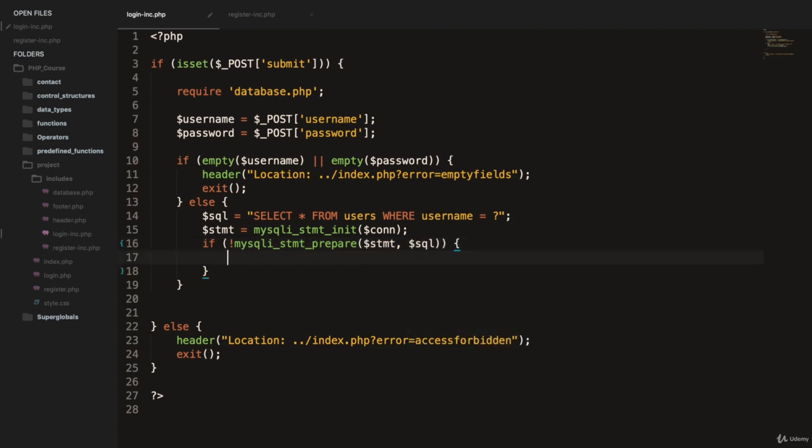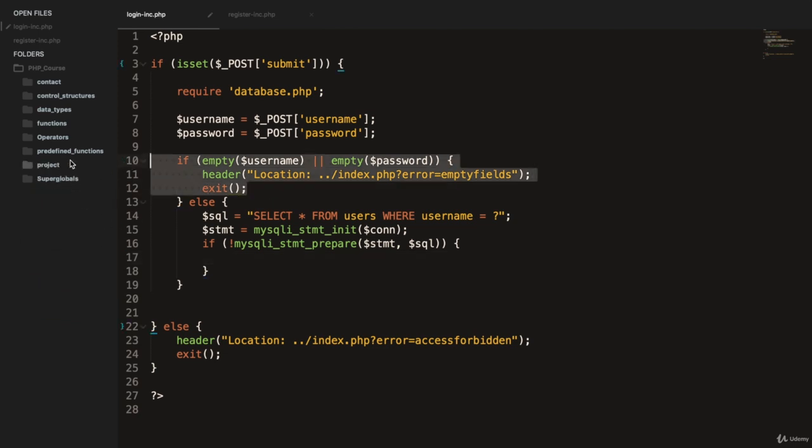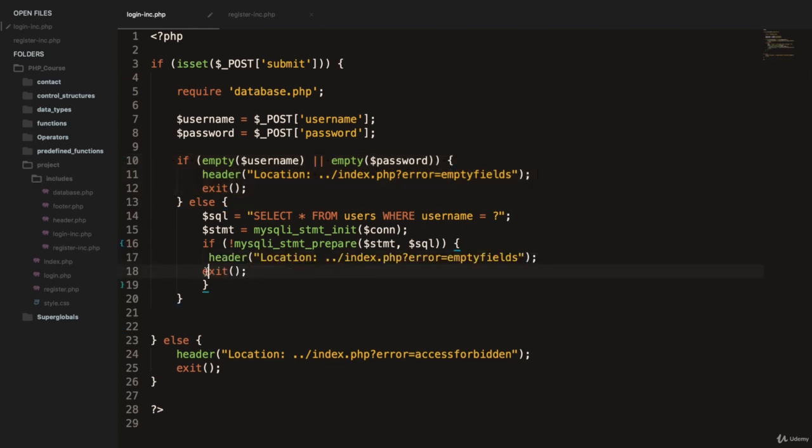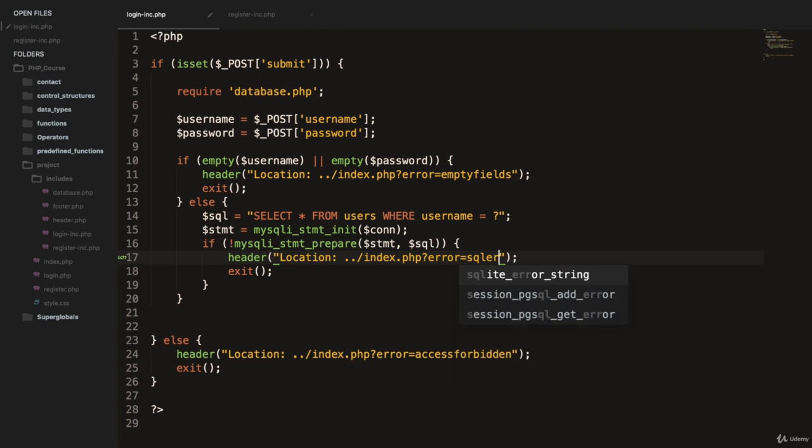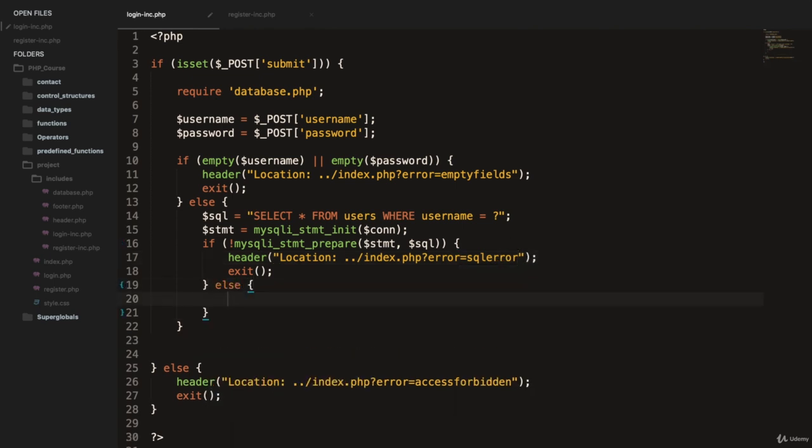What we want to do inside our if statement is send an error message because we're checking if it's not working. So let's copy paste a header and exit function. And let's return the user back to the index page, so the home page, and the error message is sqlerror. Let's create an else statement, because what we want to do if the information matches is to grab the